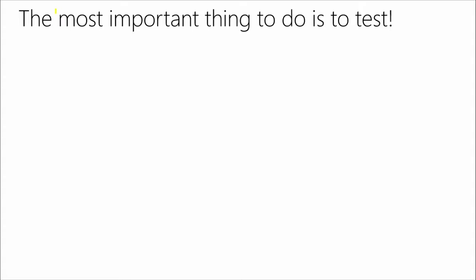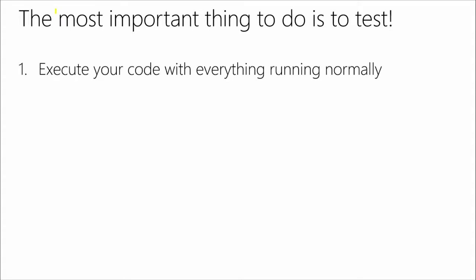The most important thing to do, though, is you have to test. That is really your best thing. First of all, you get your code done, your first test is just see if everything works normally. Don't start by testing error handling. Just see if your code basically works. We actually have an expression for this. We call it the happy path. Make sure the happy path works. Because it makes you happy. You're like, yay, my code works. Before you deal with all the error handling and the weird what-if scenarios, start with, can you just basically get the code to work?